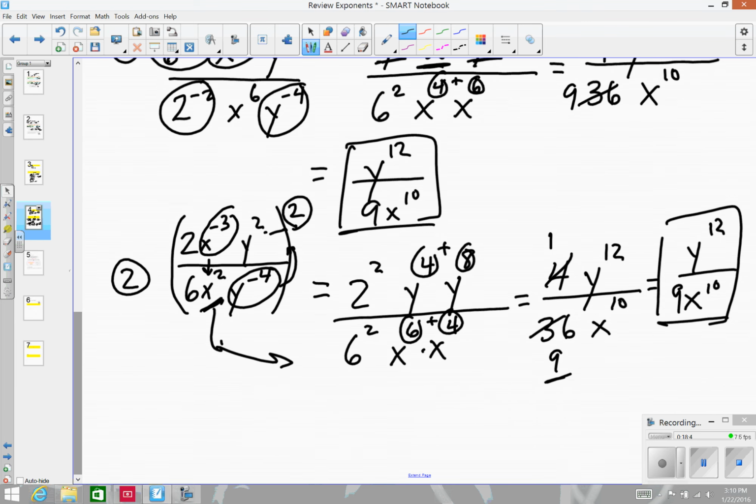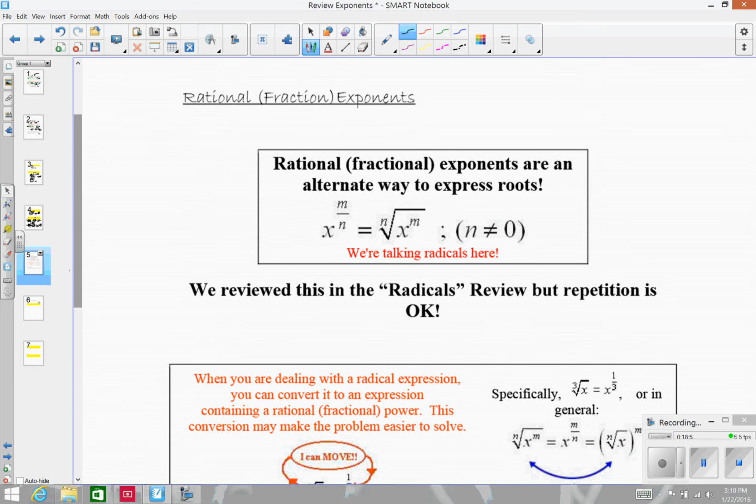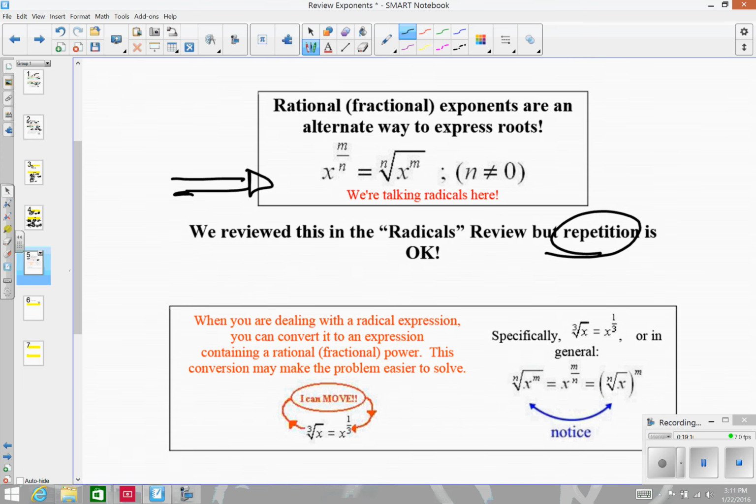Alright, let's now take a look at what happens when I get expressions where I have these exponents that are negative, or fractions, and radicals at the same time. Now, if you were able to watch the video yesterday, we reviewed what to do with radicals and how we can exchange our radicals with exponents. So this part here, we looked over yesterday. If you picked up the notes for this, there's a spelling error here on your notes, not in this thing here today. But point was, we did this in another video, so this should be a repeat for you, but